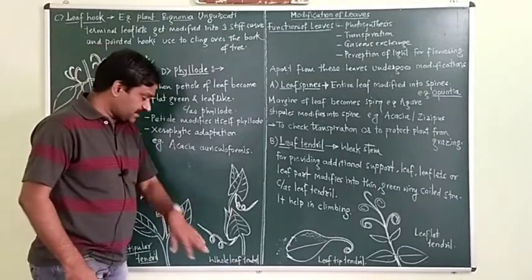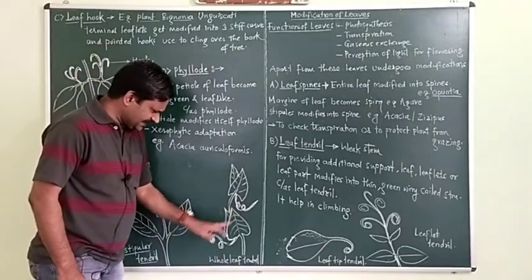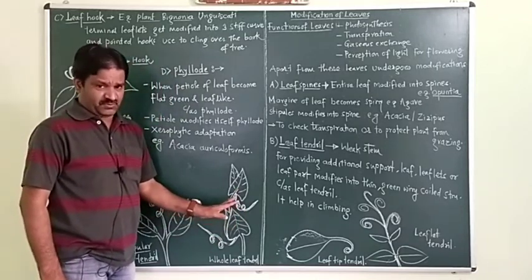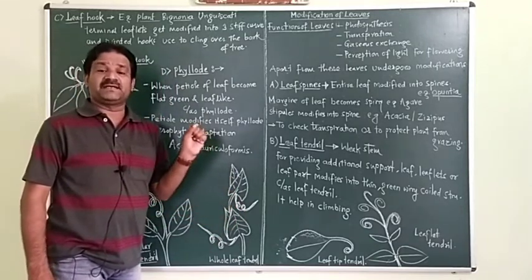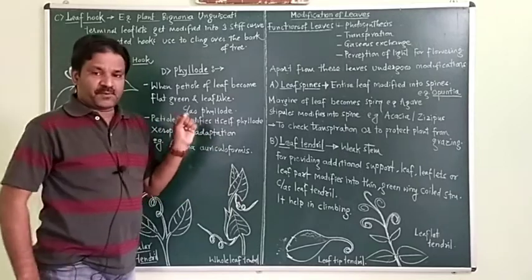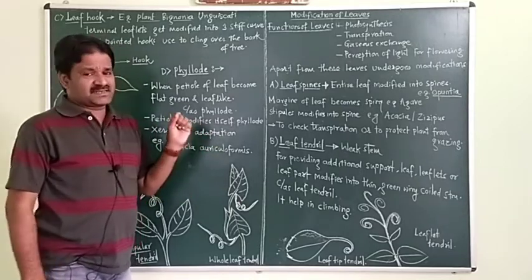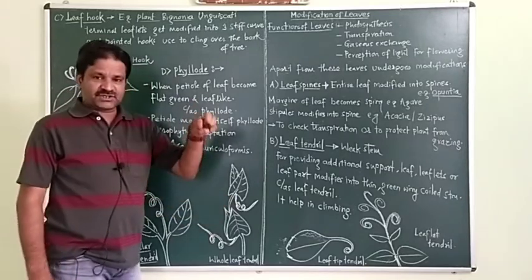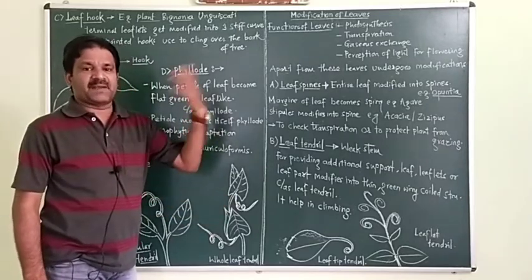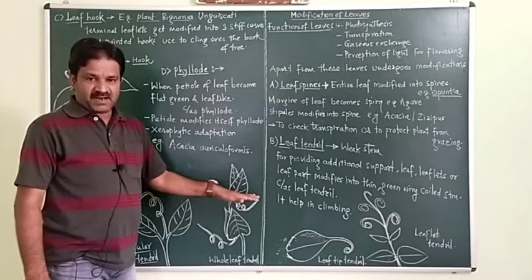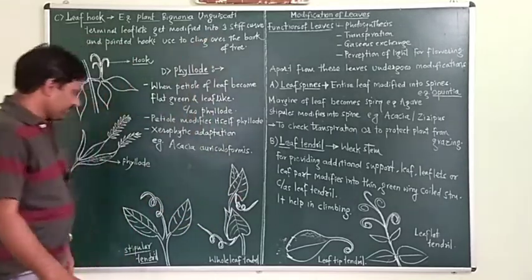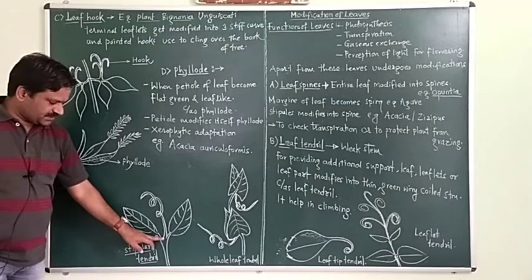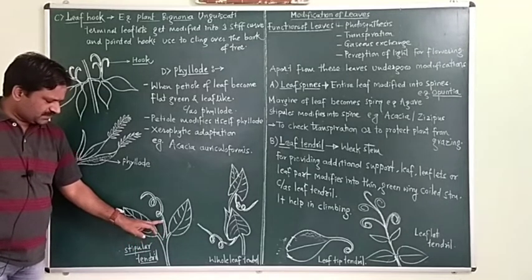The whole leaf is converted into tendril. This is the tendril, and these tendrils help the plants to climb, because the stem of the plant is weak. For proper support, it requires the substratum. That's why these leaf tendrils attach to the substratum and help the plant to rise. And stipular tendril, where the stipule is converted